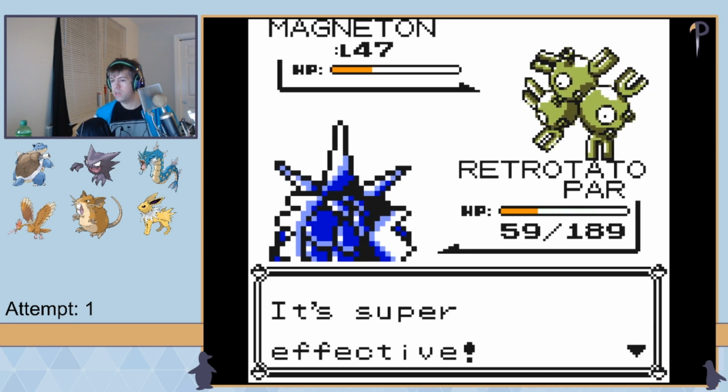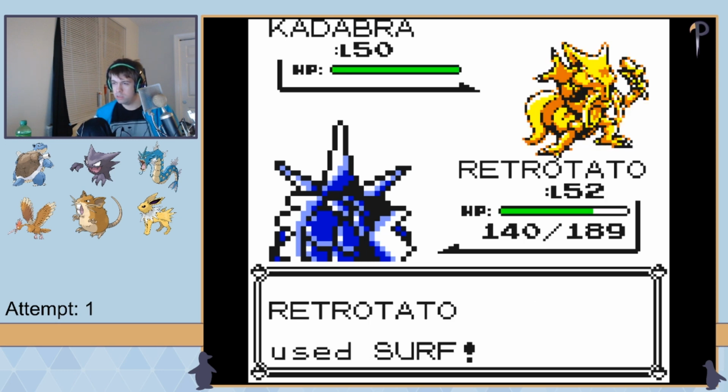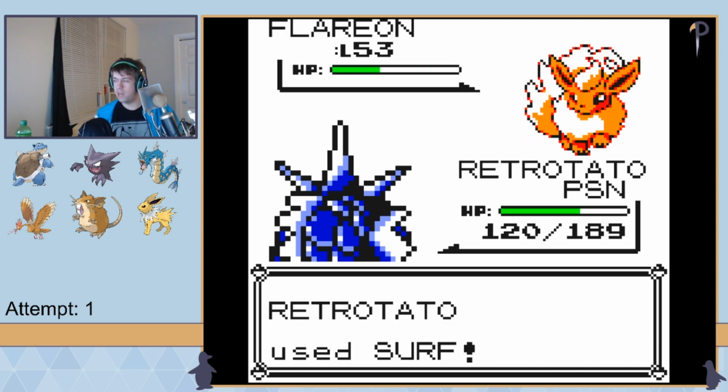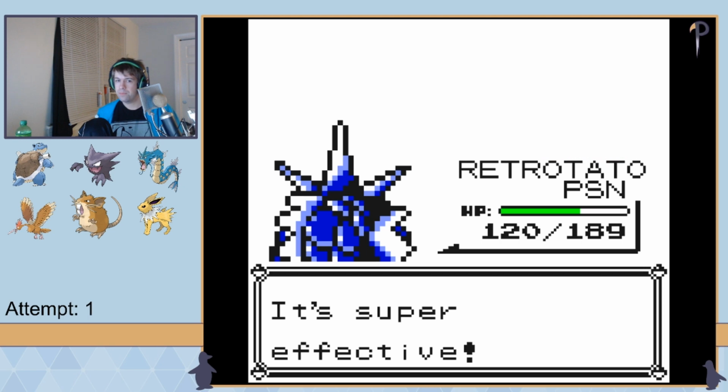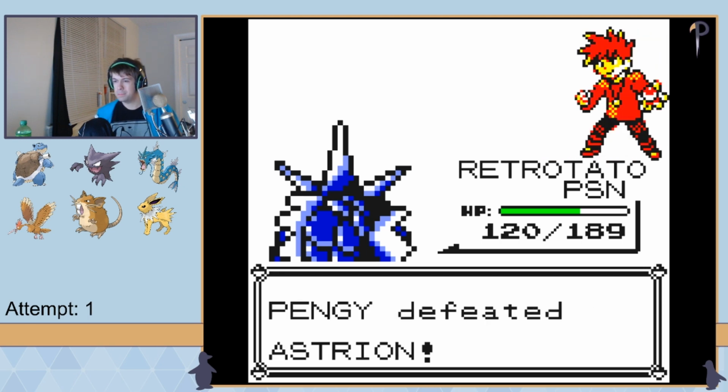I dropped the one full restore that I'd picked up at the mansion, and a critical Surf was enough to take down Kadabra. Flareon was unable to stand up to the power of Retro's Surf, and Astreon was down, with minimal problems. As we finally reached Route 23, I ran into a level 45 Fearow, and I decided to use